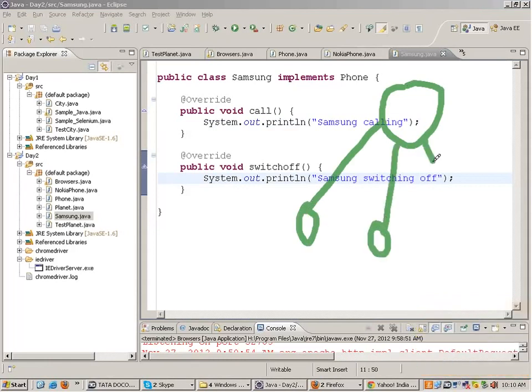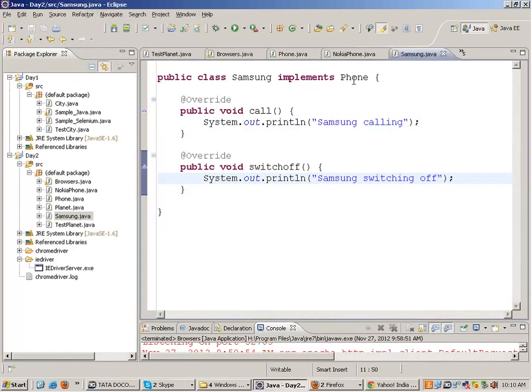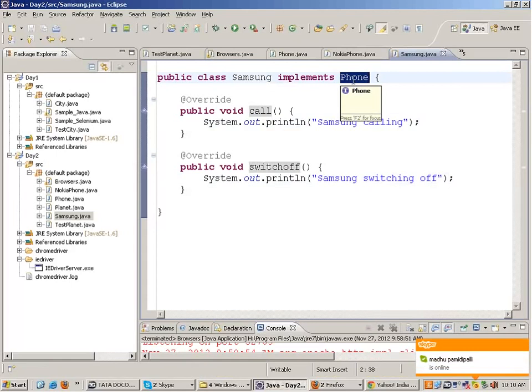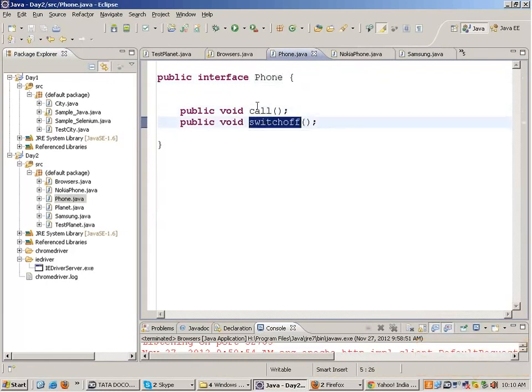Any number of classes can implement that interface. It's not necessarily only two classes. So all the phones which are made will be implementing this interface. So this will give me a kind of structure to the whole application. Just by looking at the phone interface, you will come to know what this is supposed to do and what all phones will do,